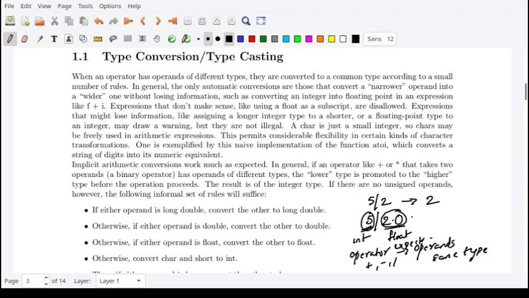Usually the smaller data type is converted into the larger data type. You know that integer is a smaller data type because integer needs only 2 bytes to store information. Floating point requires 4 bytes. So your compiler will convert this integer data type 5 into a floating point data type.